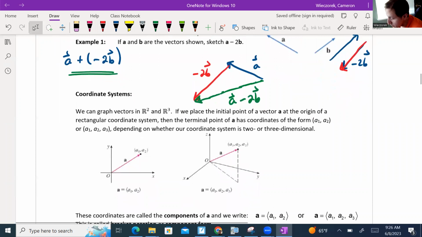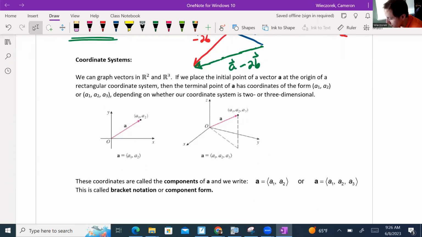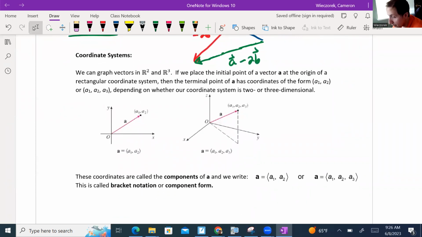We can graph vectors on the coordinate plane. It's very much like plotting an ordered pair, except we draw a directed line segment to that specific point. So if we were to place the initial point of the vector at the origin, which is common convention, and the terminal point of A has coordinates of the form A1, A2, if we're working in R2, or A1, A2, A3, if we're working in R3,